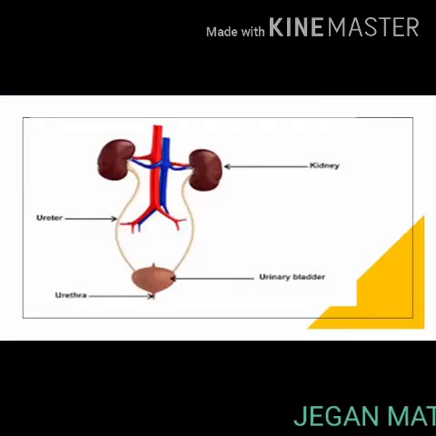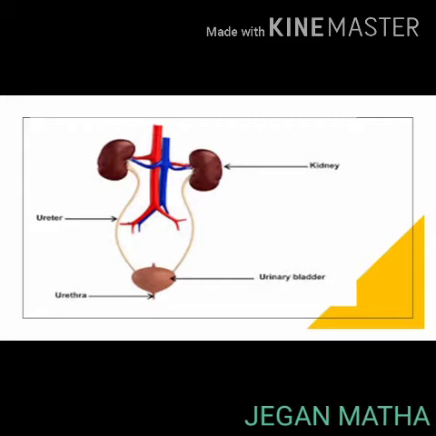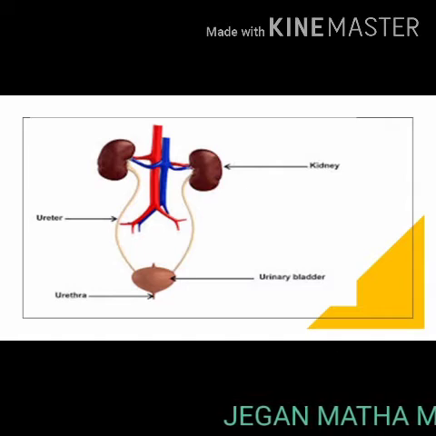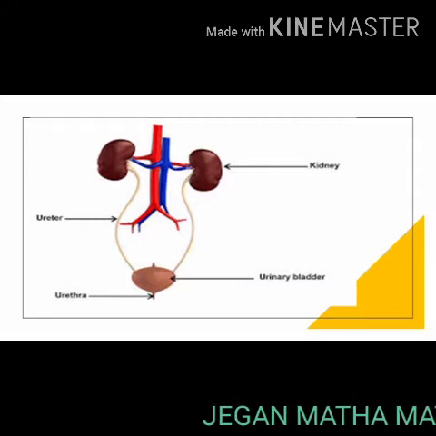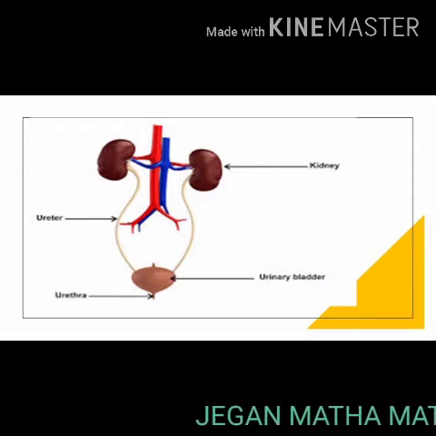Kidneys. Kidneys are bean-shaped organs, reddish brown in color. The kidneys lie on either side of the vertebral column in the abdominal cavity, attached to the dorsal body wall. The right kidney is placed lower than the left kidney as the liver takes up much space on the right side. Each kidney is about 11 centimeters long, 5 centimeters wide